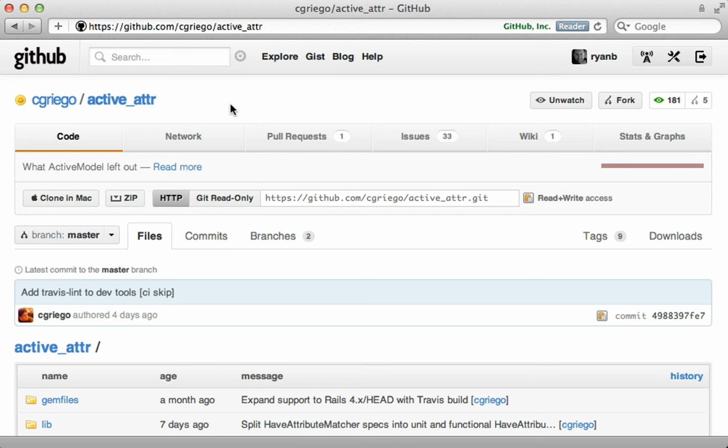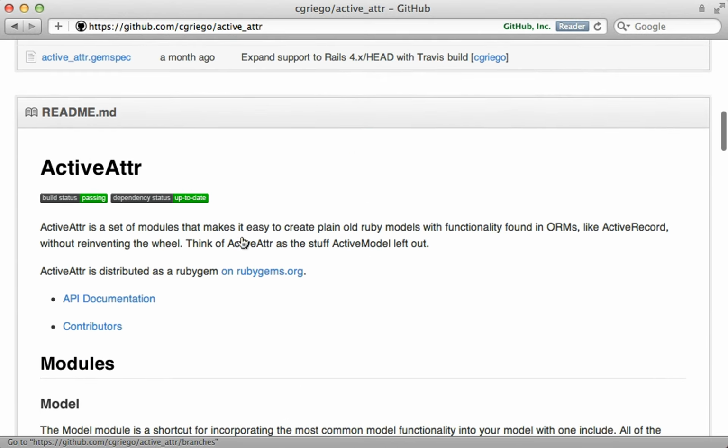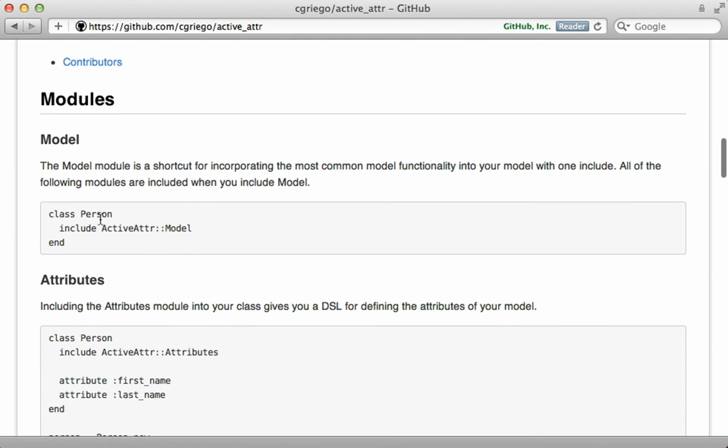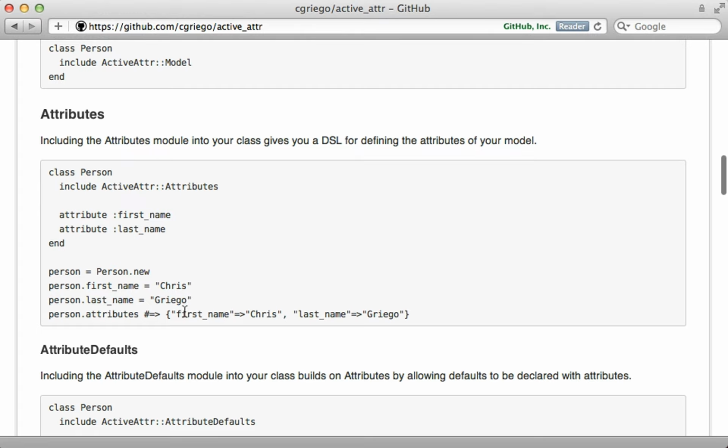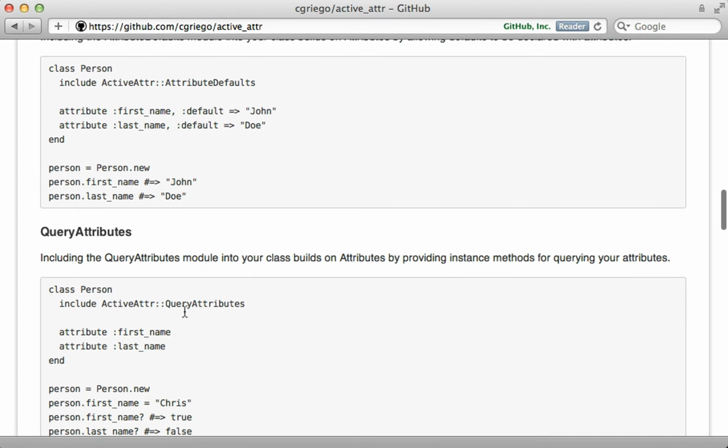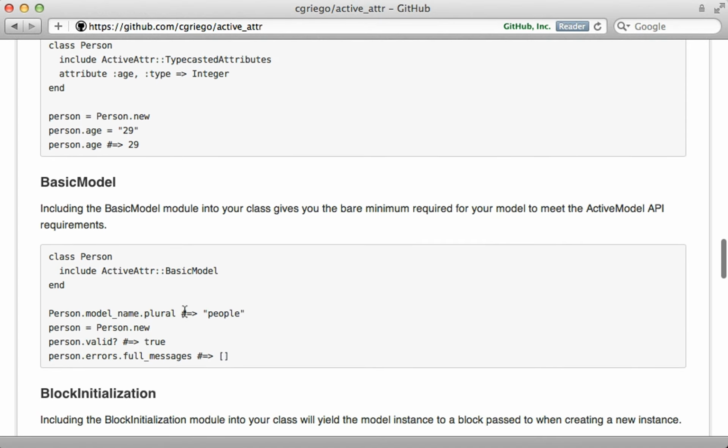Well, that's all I have for this episode on ActiveAttr. It's a great way to make a tableless model. Now I encourage you to check out the documentation for further details. What I've shown you here is how to include the ActiveAttr::Model module, which includes everything, but you can see that there are separate modules for the different behavior if you want to only include a specific behavior in your